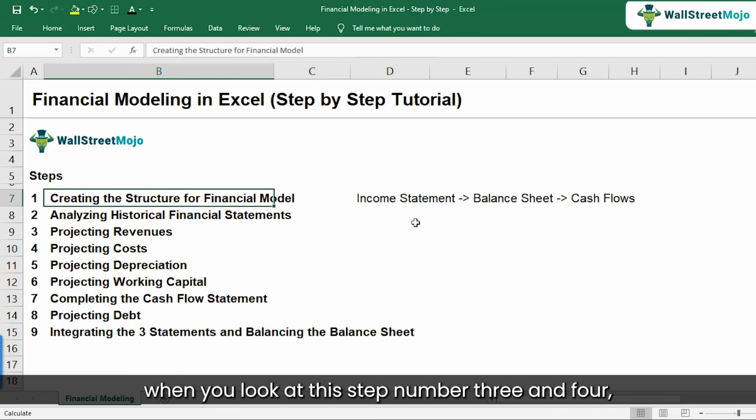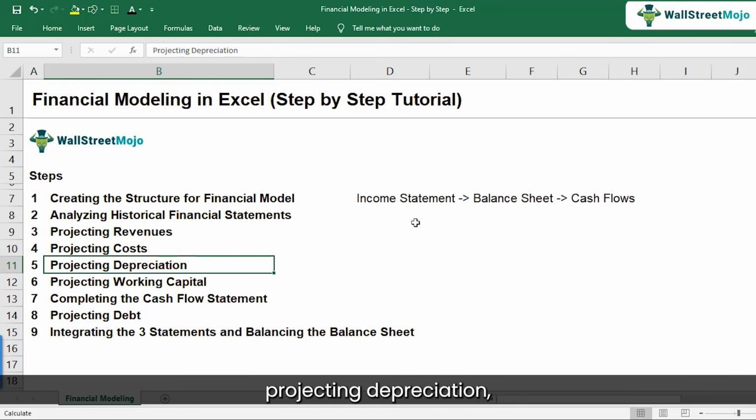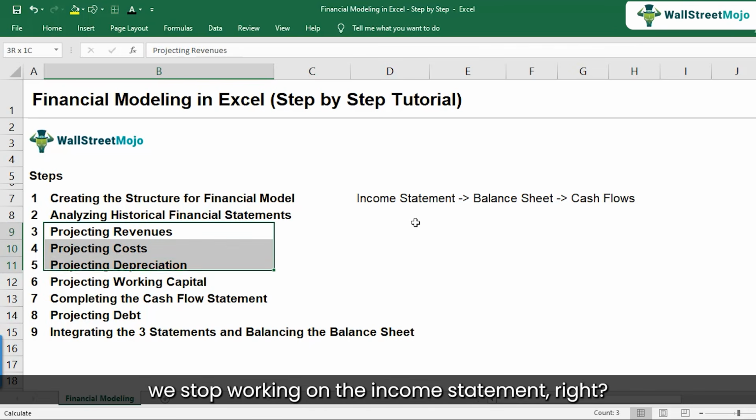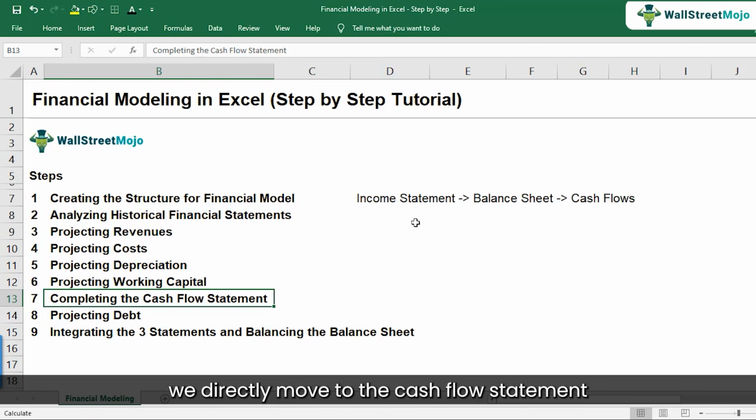Like for example, when you look at this step number 3 and 4, we are projecting revenues and costs, right? And then we are also projecting depreciation, which is leading to some of the items in the balance sheet. So this is where we stop working on the income statement, right? And then we move directly to the working capital. Here again, instead of then working on the balance sheet, we directly move to the cash flow statement, as you